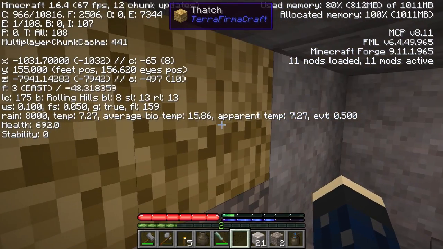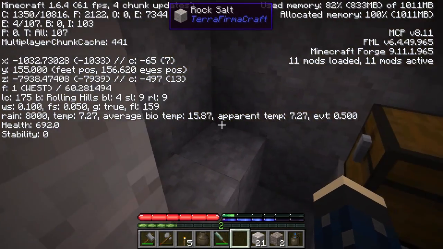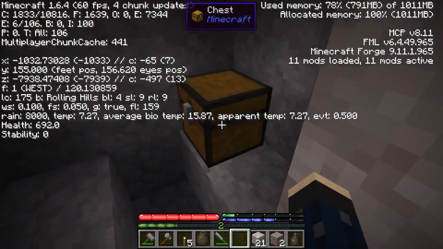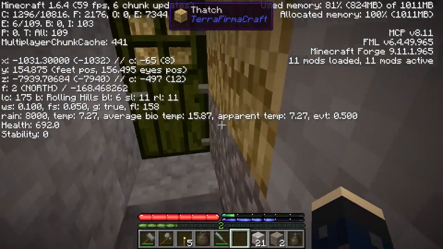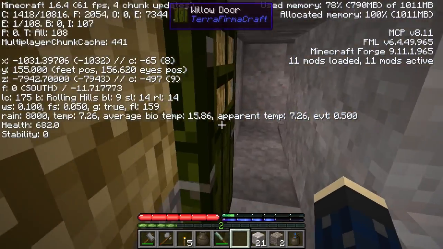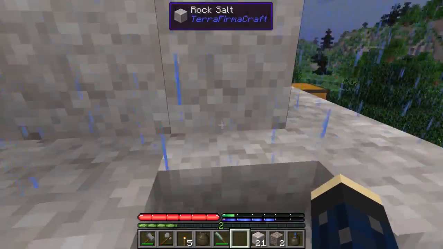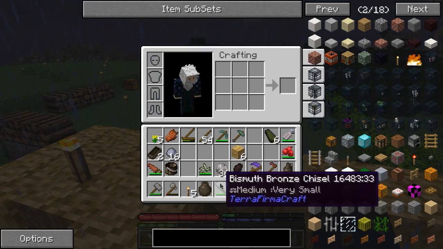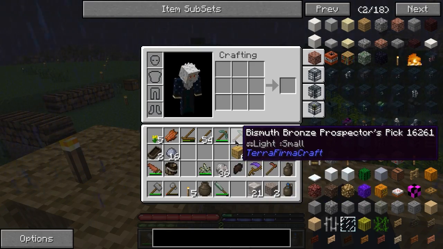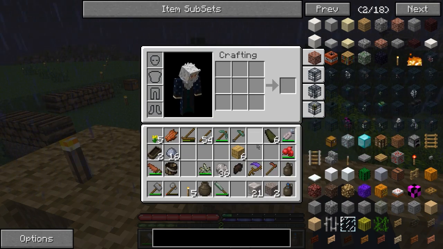Maybe it's the straw? I don't know, I'll experiment. The reason is we want it to be completely dark in here, because when it's dark we get a bonus to our food. But for now, let's clear that out of the way. Alright, we have got our chisel, we've got our prospector's pick, so we can go looking a lot more seriously for